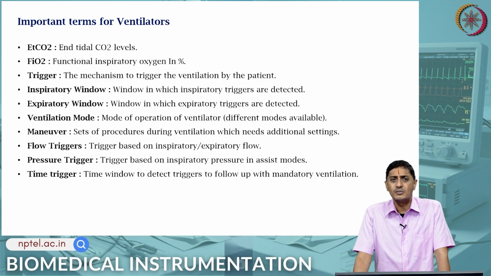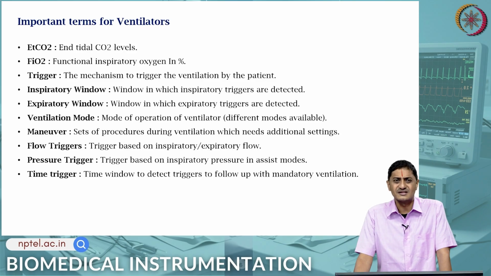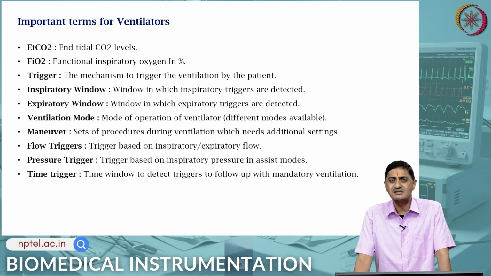End tidal carbon dioxide level is called EtCO2. I already mentioned that the percentage of oxygen that is supplied is called FiO2, which is fractional inspiratory oxygen in percentage, the amount of oxygen that is there in the gas that is delivered to the lungs. Trigger is the particular variable or parameter, the mechanism that is used to start the ventilation to